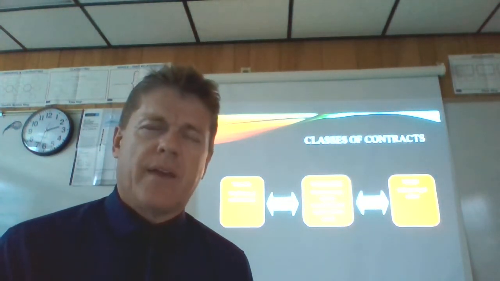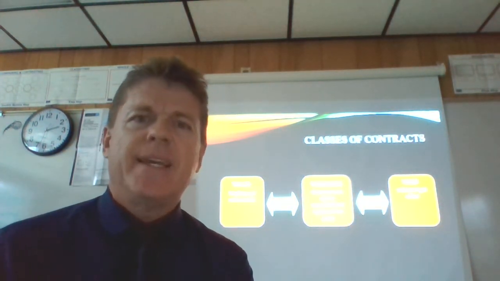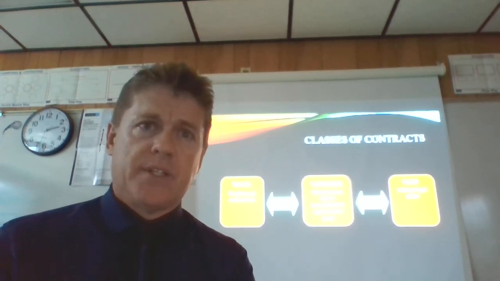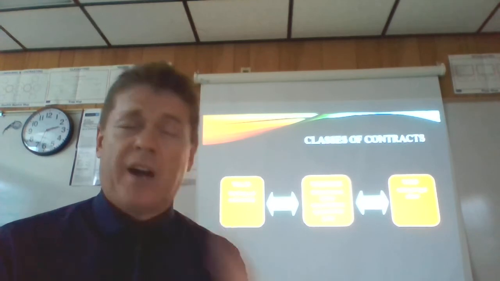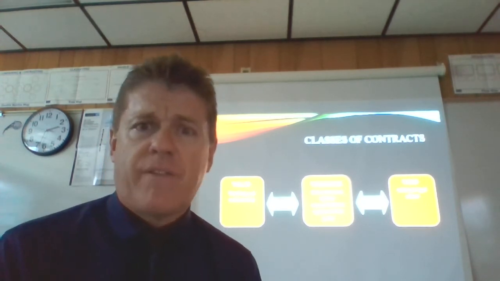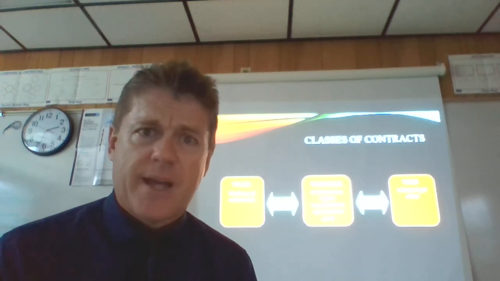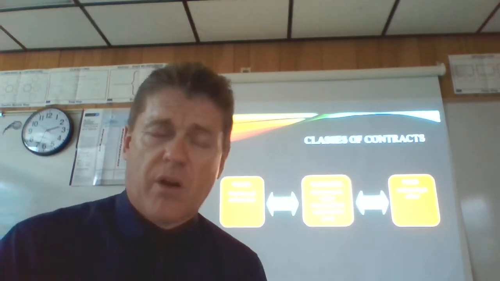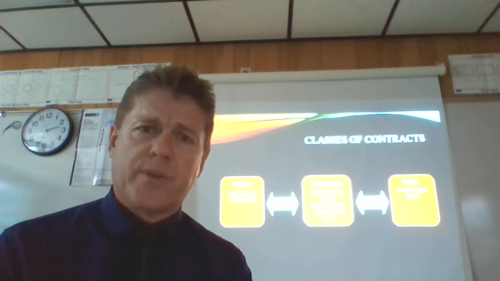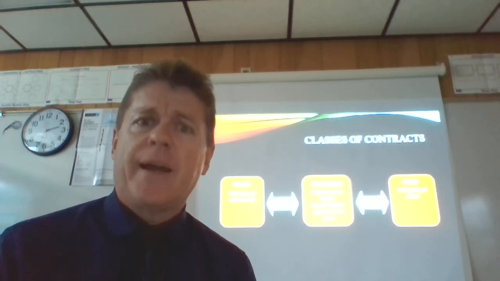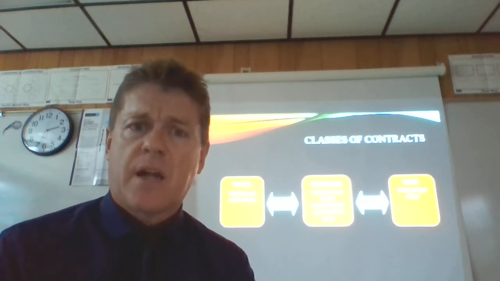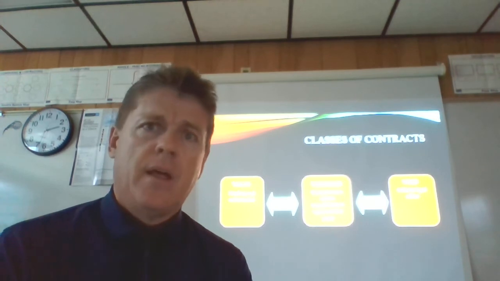The other classification is this continuum of valid, voidable, and void. So valid are what most contracts are. They're binding and they're fully enforceable. So if I get a car financed and then I stop making payments, I'm in breach, and then the car can be repossessed. If I go to the grocery store and I select all these groceries and I pay for them, then I'm entitled to the consideration, or the groceries that I purchased. That is a valid contract in both cases.